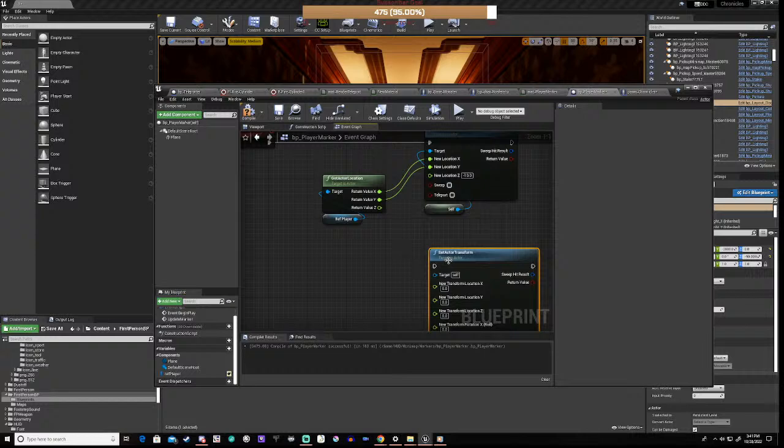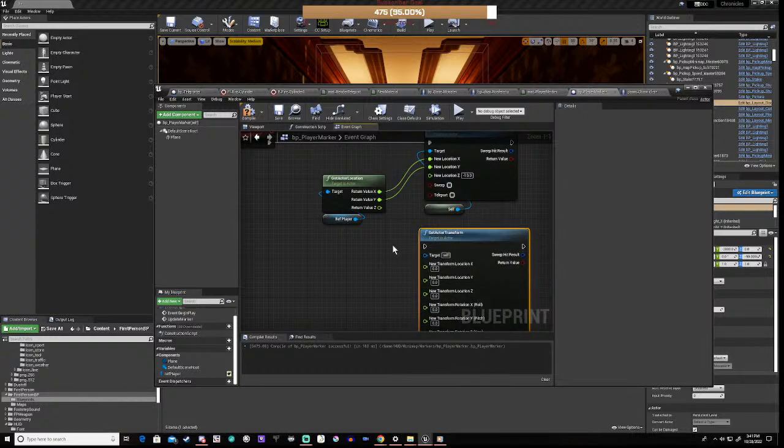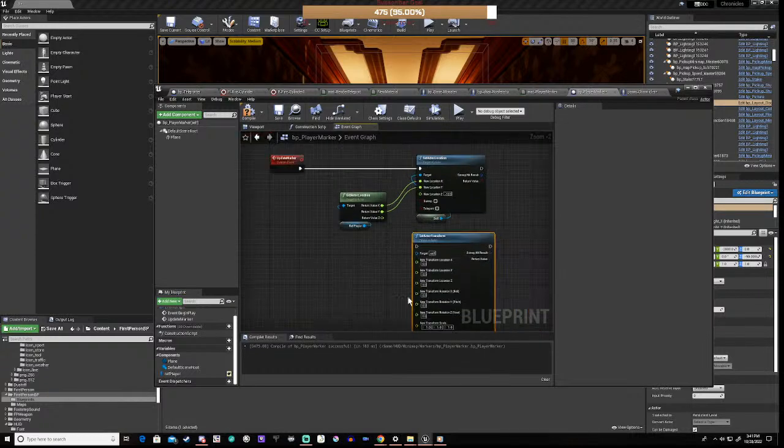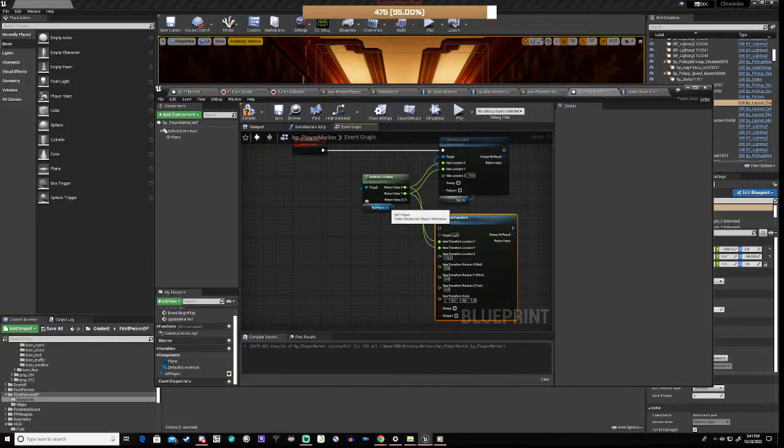We're not going to do anything with the scale. We're going to leave that as it is. For the location, we do -10 on the Z, right? And then we plug that in there, and that in there, and then the target is going to be there,